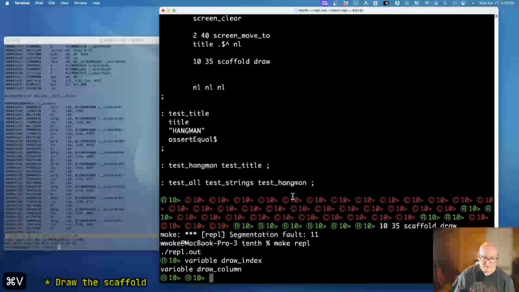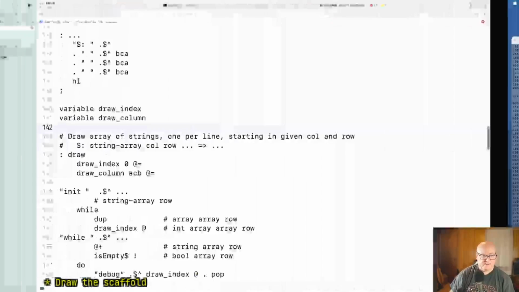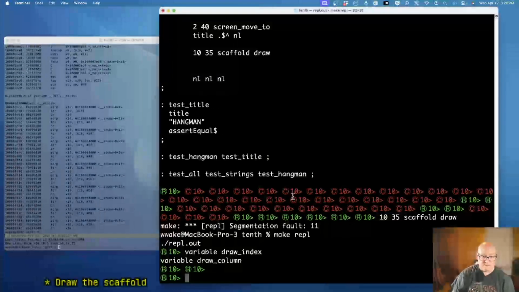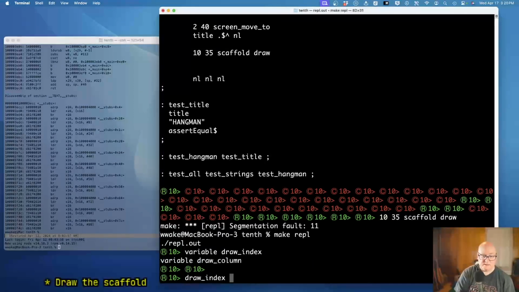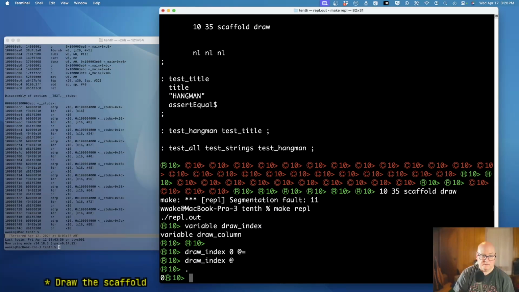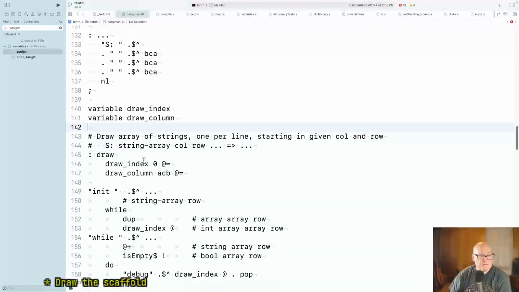I mean, I can't run it twice with those variable declarations, that's for sure, but I should be able to say draw index 0 at equals draw index at should give me a 0, and then draw column, well, ACB, okay, so string column row,